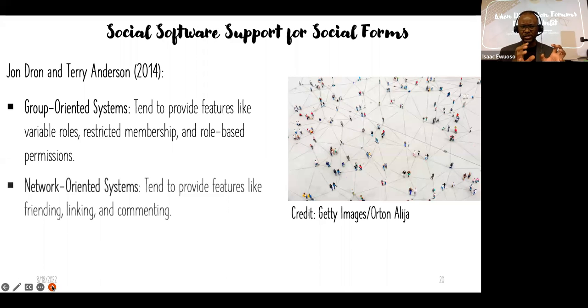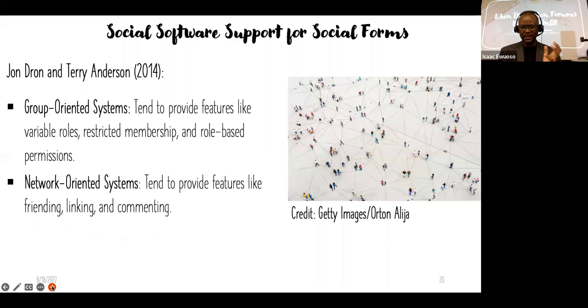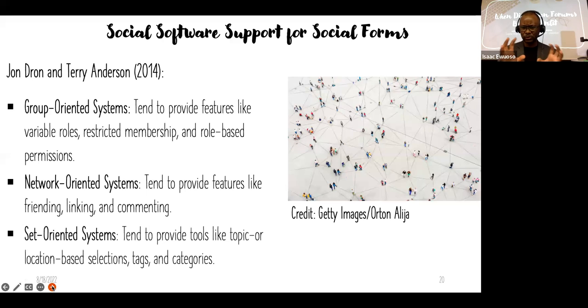According to these two scholars, they classified understanding social forms using three categories: the group-oriented system, the network-oriented system, and the set-oriented system. The group is more about membership and role-based permission. With network, you have the features of friending, liking, and commenting, and set tends to provide tools like topic-based selection and tags.